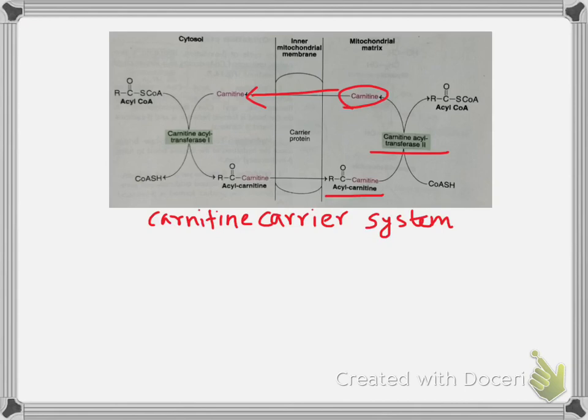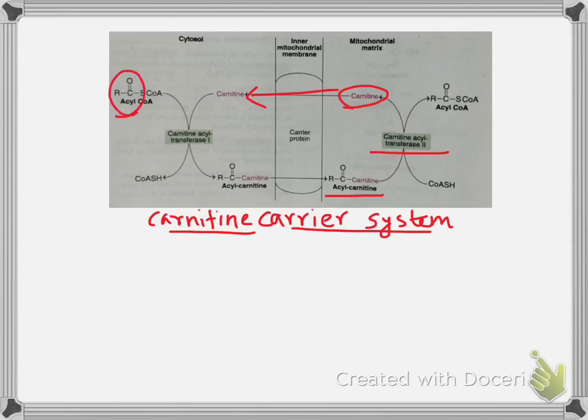I repeat once more. The inner mitochondrial membrane is impermeable to fatty acids. So a specialized carnitine carrier system operates to transport the activated fatty acid from the cytosol to the mitochondria. So this occurs in 4 steps. First one is